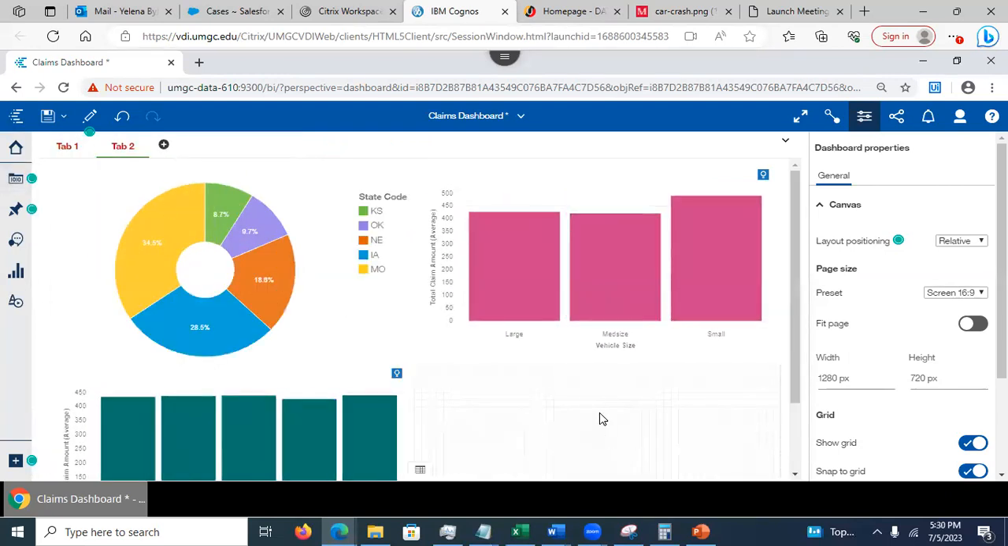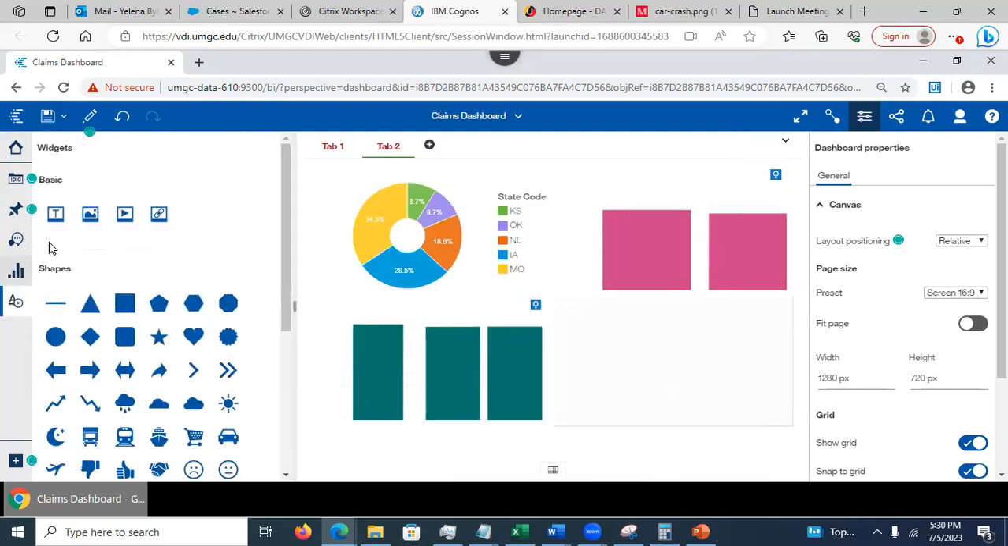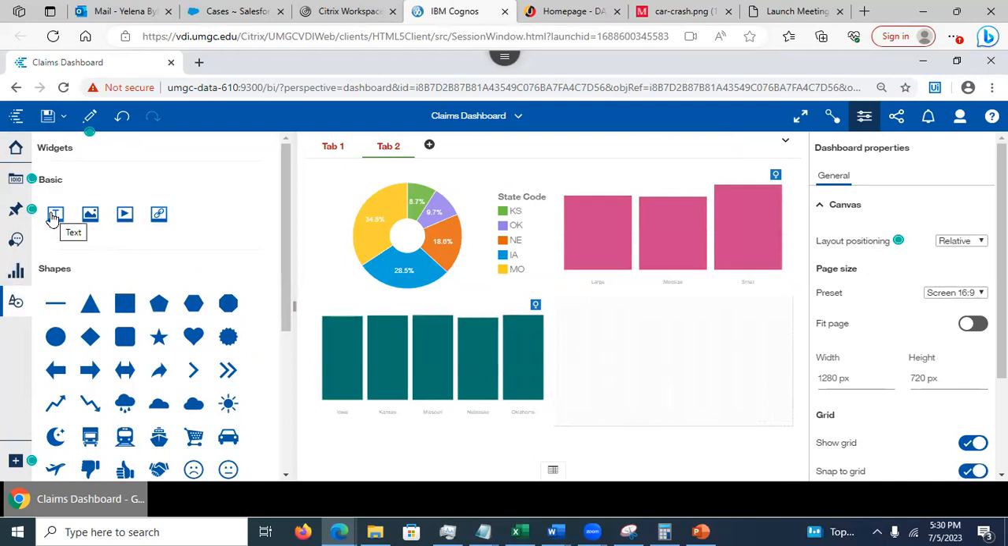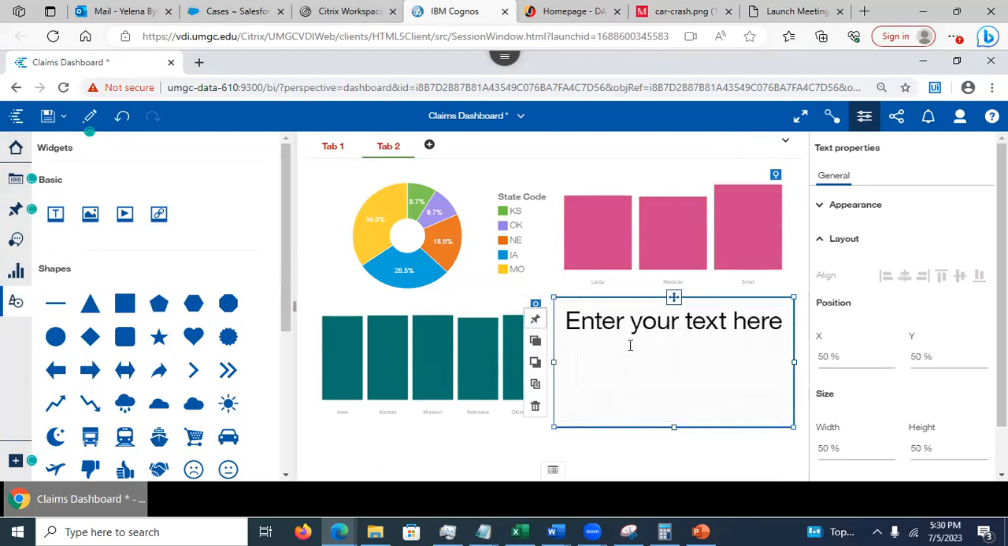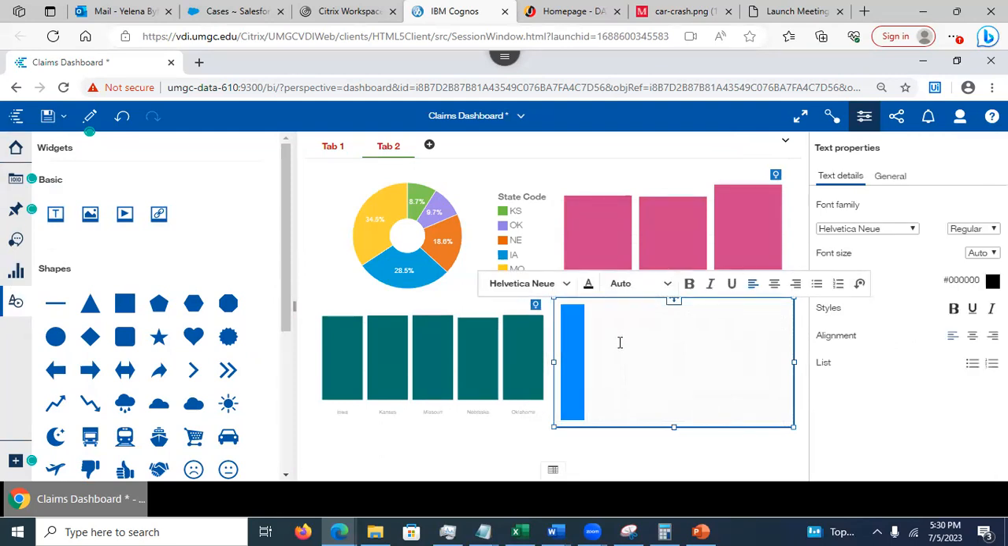The main difference between what we did last time and today is you can change how visualizations appear. You also have widgets, okay? I created a video about the widgets. So those are the text, right? I can just drag and drop, and I can enter something like this,